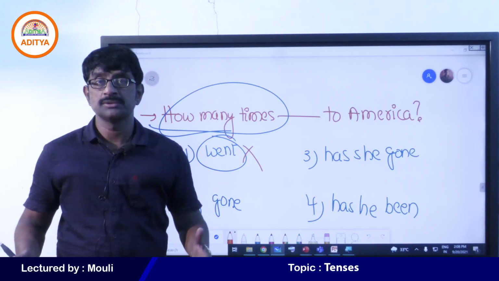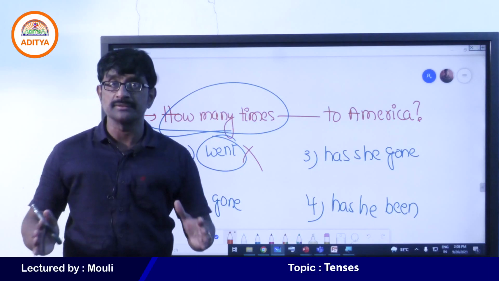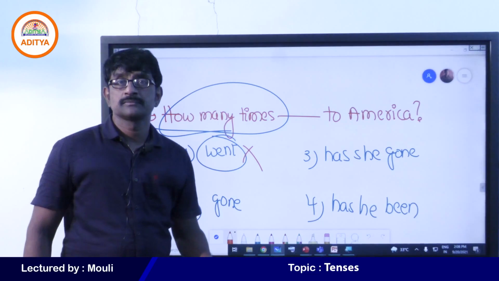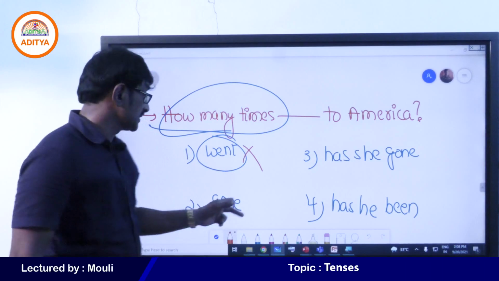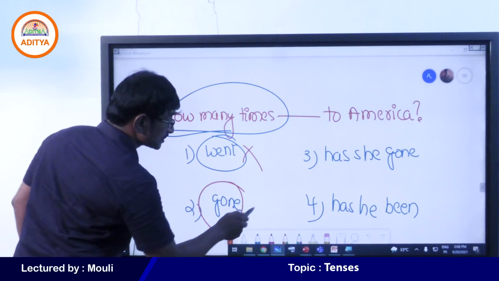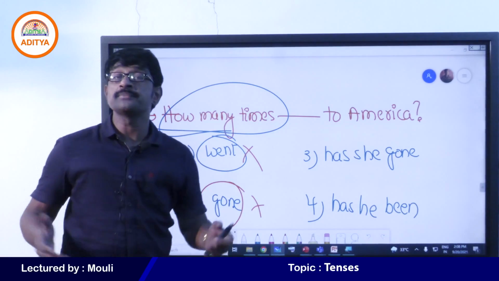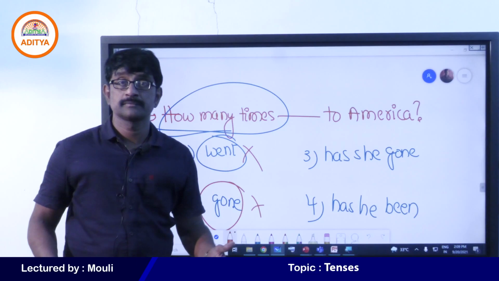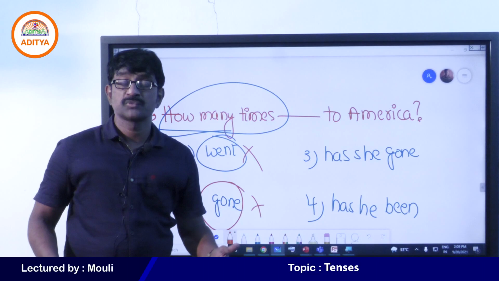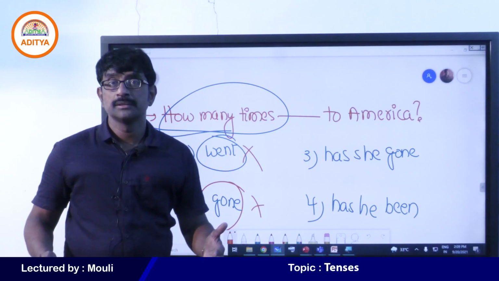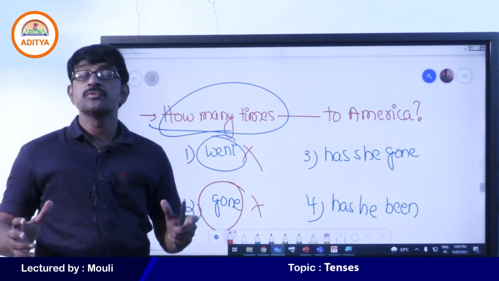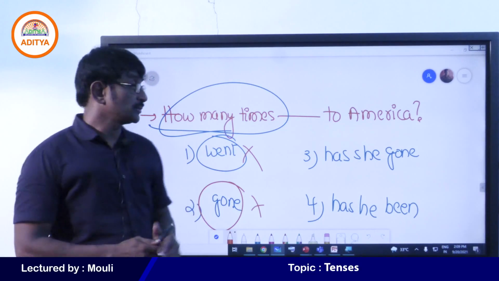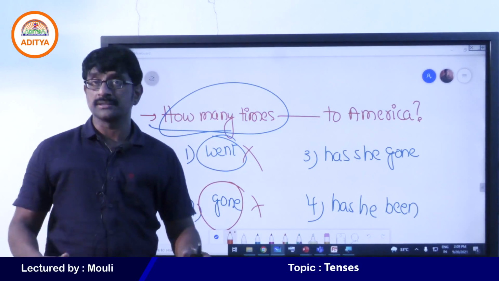Never and not. No sense is there in that. Okay, how many times to America what? It's really ridiculous. And the second one you take, this is also gone what? How many times gone to America? Who went to America? Who went to America? There is no information about the subject. So these 2 are faulty answers.